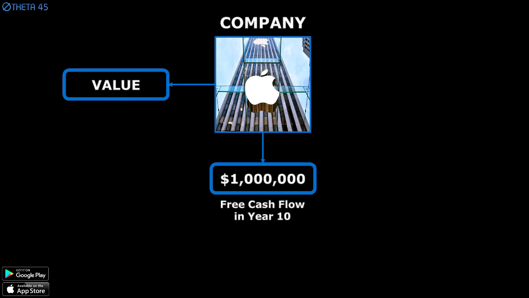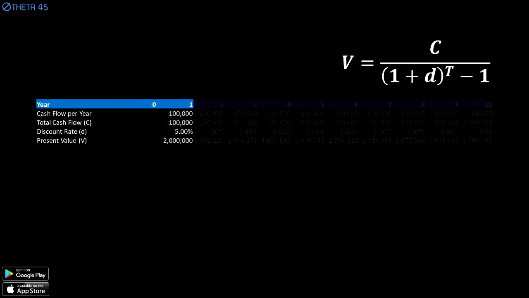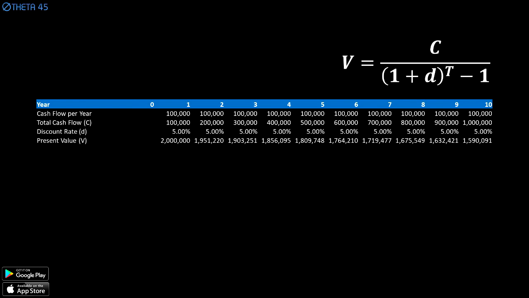What value do you place on a company that is predicted to generate $1 million in free cash flow in 10 years? Let's extend this evaluation model to an investment horizon of T equal to 10 years. For convenience, let's also assume the same discount rate of 5%, although in practice, you would use bonds with a yield to maturity of 10 years. And finally, let's also assume that there is no growth in the free cash flow every year. Therefore, you accumulate $100,000 in cash every year. By the end of 10 years, the future value of your investment will be the present value plus $1 million in total free cash flow, C.